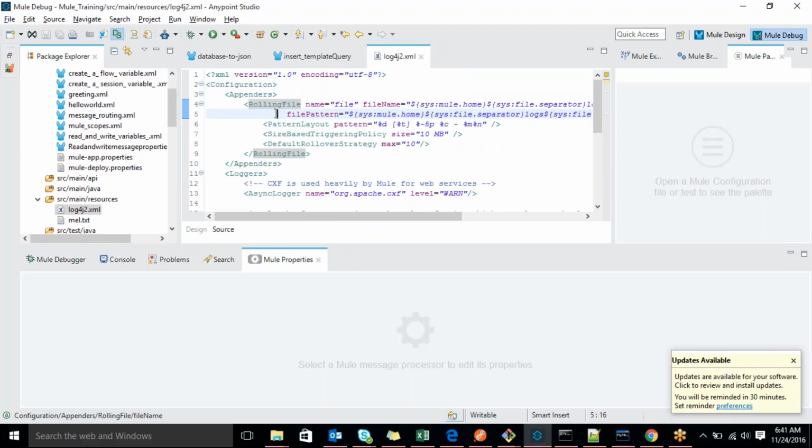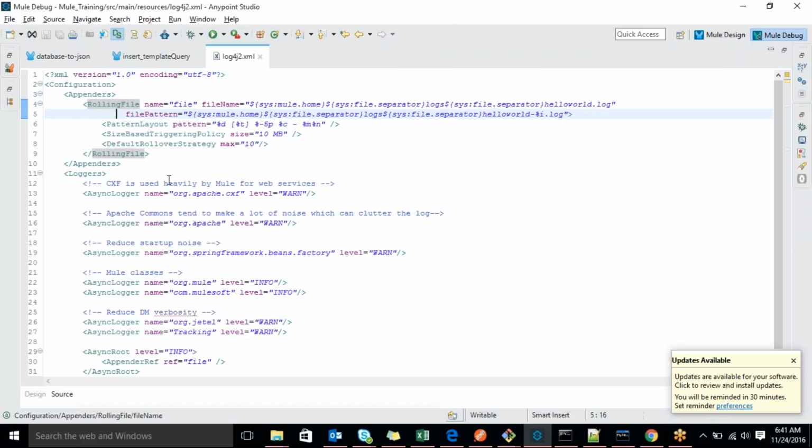Is it Java code? No, no, it's log XML only. See this XML. This is for folder creation. Yes, we have to write that folder creation. I guess here there is no folder creation. The size limit allows up to 10 MB, so we can store it.